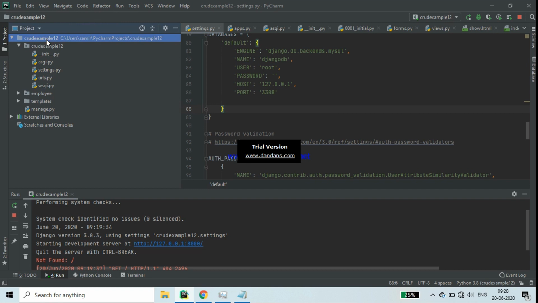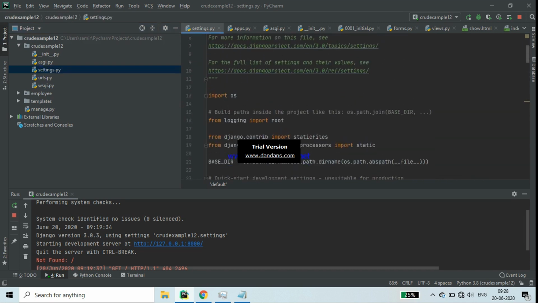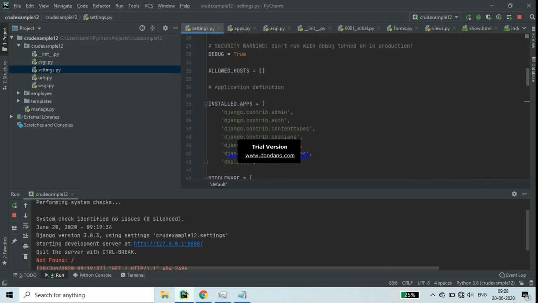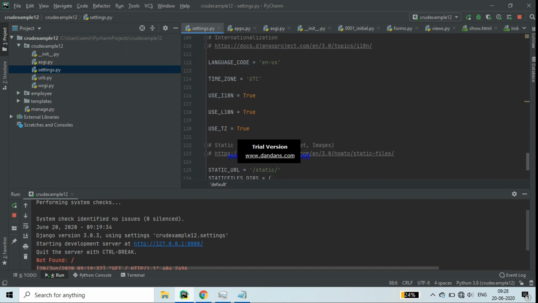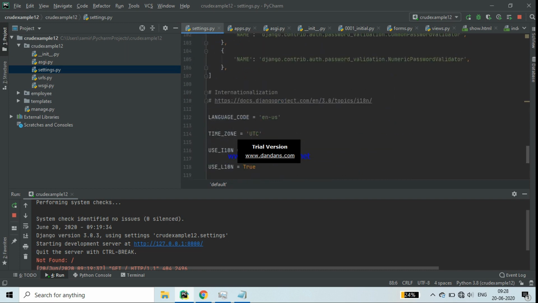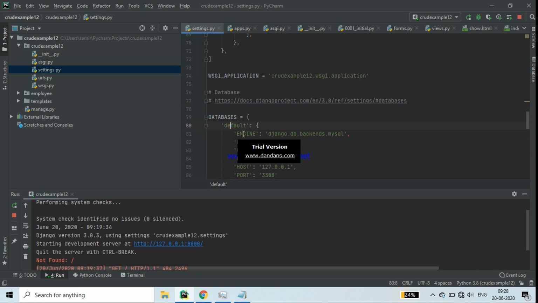In the CRUD example folder, you will go to settings. First of all, in settings you have to change the database setting. By default, SQLite is there, but I am doing it with MySQL. So see what we have to do here.